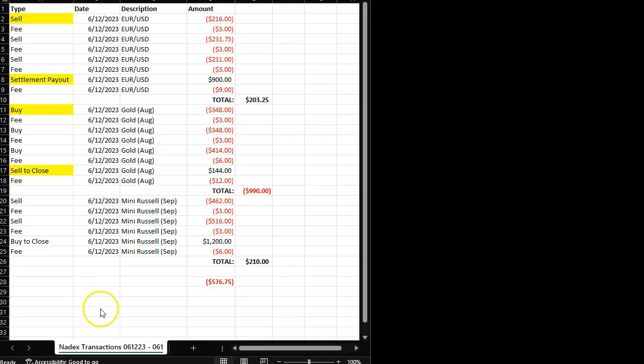Okay, overall results, and gold is really the one that hurt me today. Made a little bit of money on the Euro US with a nice little short. And then also, as I showed on the mini Russell, but the biggest one was this loss on the gold. So it still put me down $576.75. Did a little bit better on the